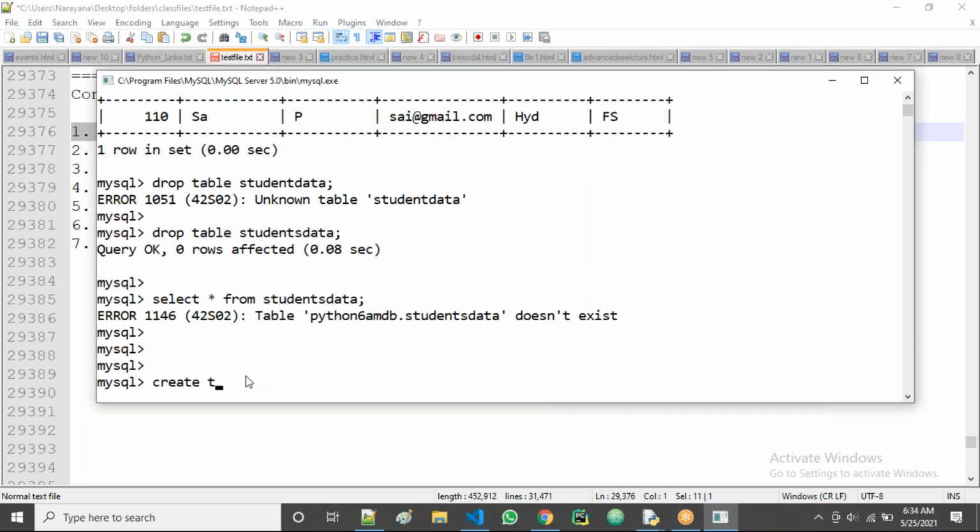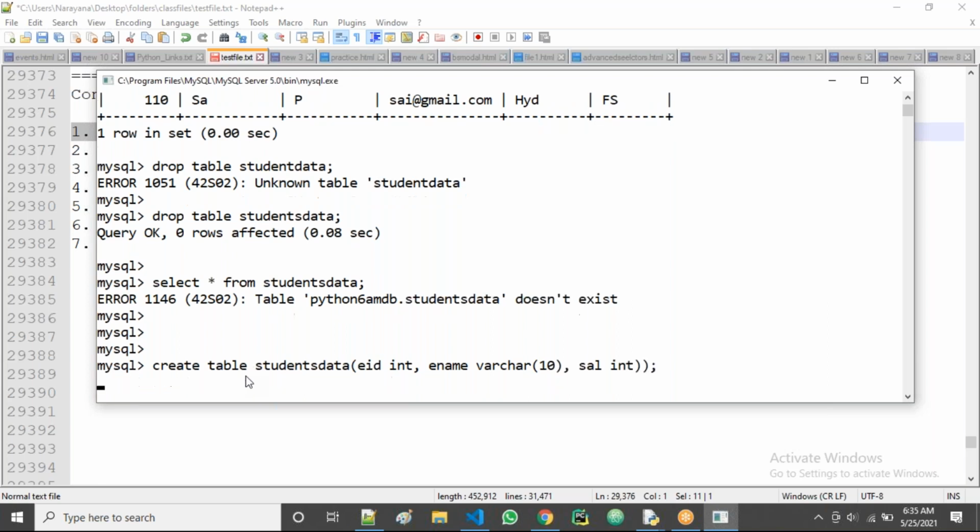Create table students data with EID, which is integer, ename, which is varchar of 10, and salary, which is integer.